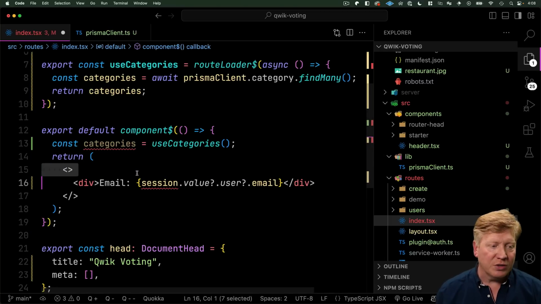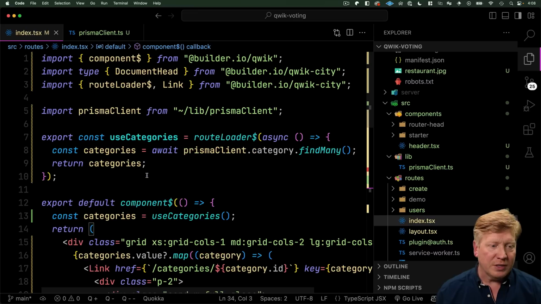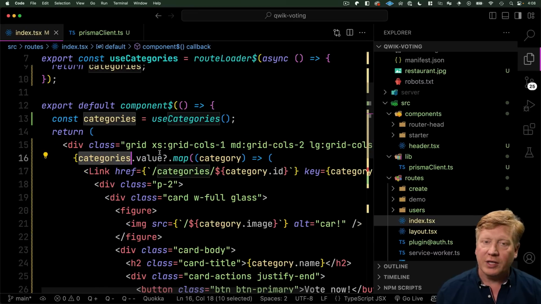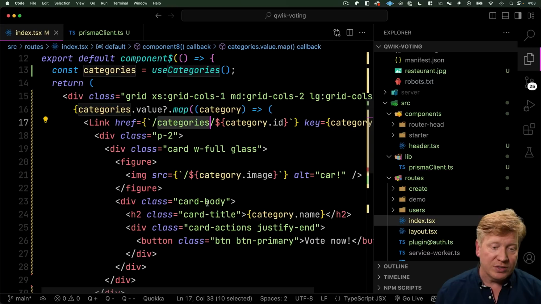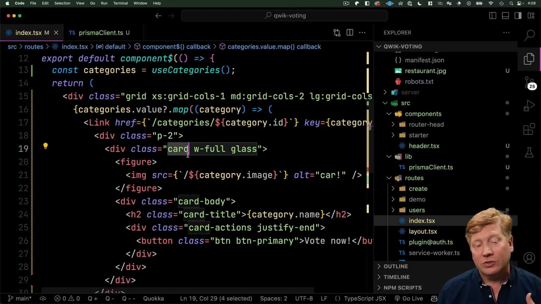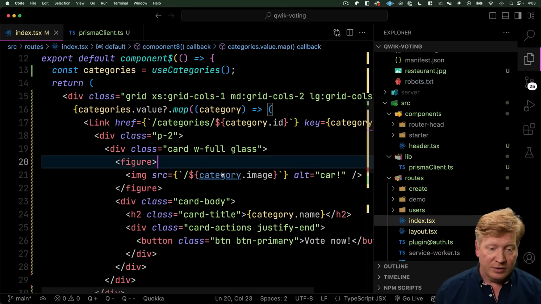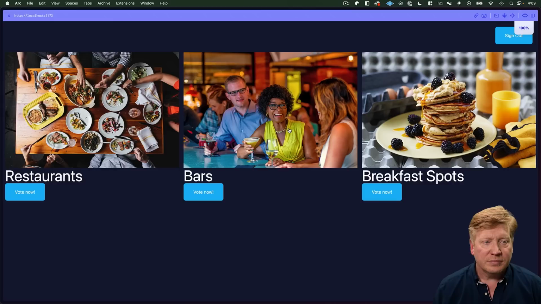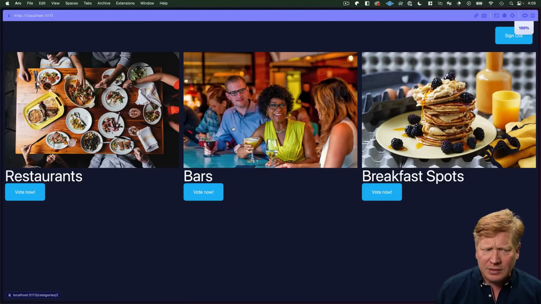So I'm going to replace our existing JSX with a format that's going to iterate through each one of the categories, just like you would in something like React, and then have those categories as links to /categories and use a card to show off that category. So let's hit save and see what it looks like. Okay, not bad, but it doesn't have all of the nice glassy effect that we had before,